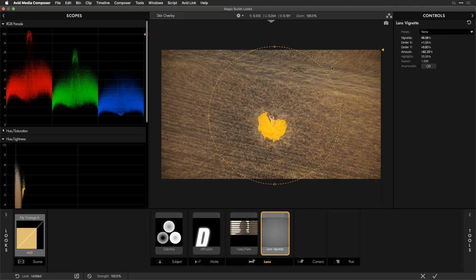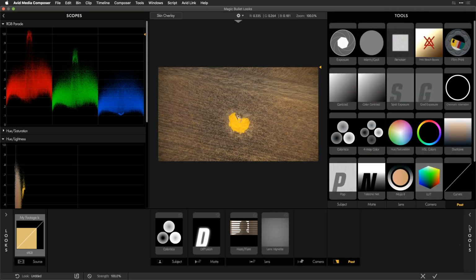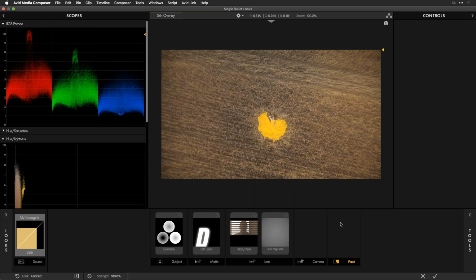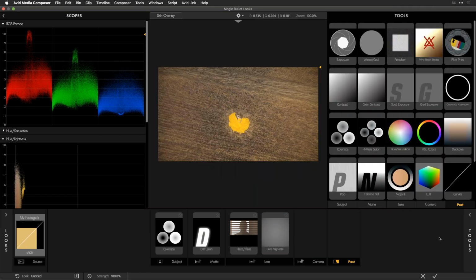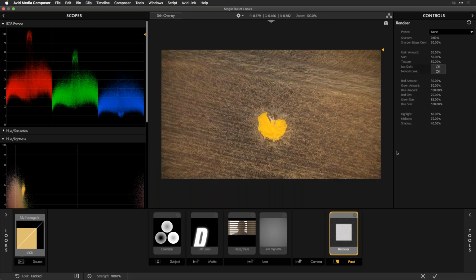And some of these effects, just to mention, Simon, are a little bit overdone, but more to make sure that it translates through the World Wide Web here. And another thing I think is awesome about this process is, again, we wouldn't be able to necessarily find that haze effect in a color corrector. And the other thing that I just love is a lot of times your color correction process involves potentially getting rid of noise in a shot, and then adding noise back in to unify everything with a specific type of grain. And I love the fact that inside Looks, you've got the Renoiser effect, where in this instance,